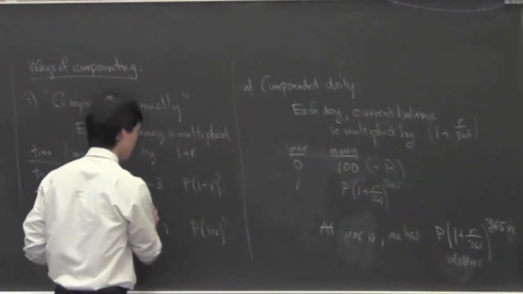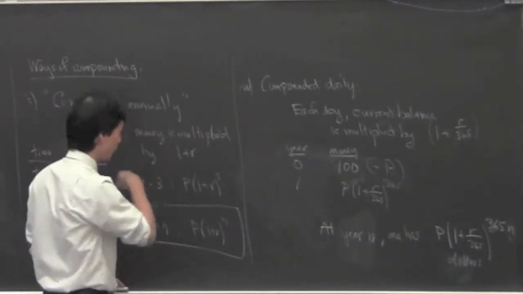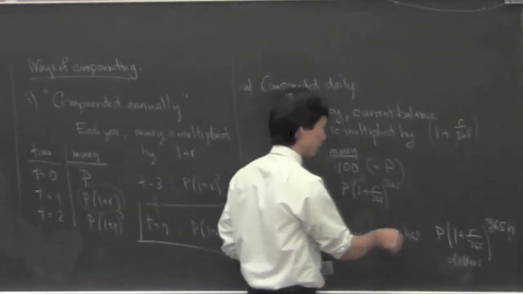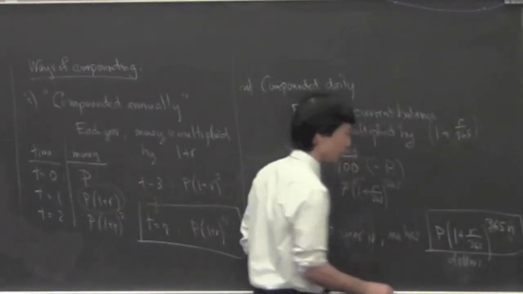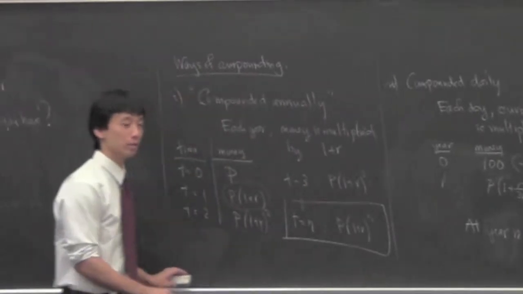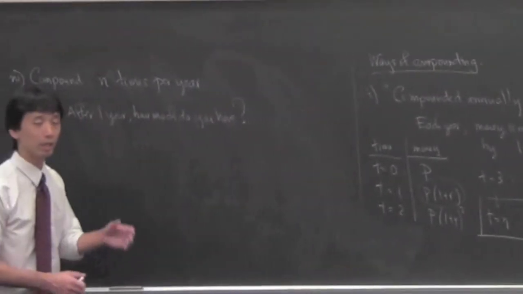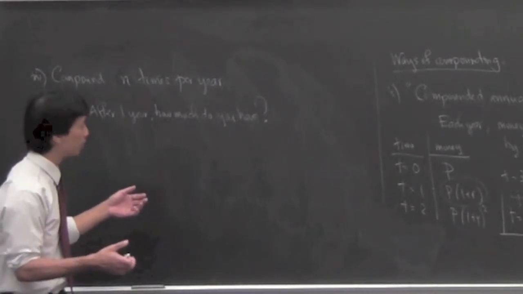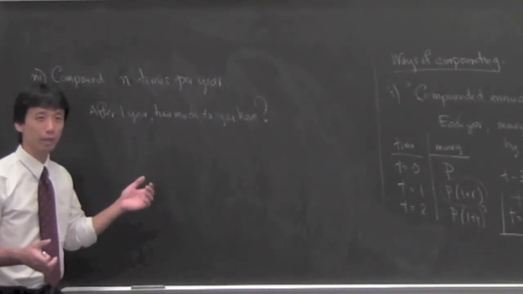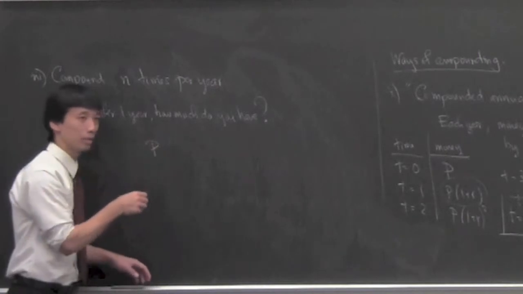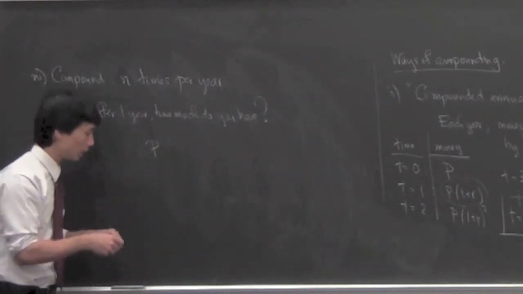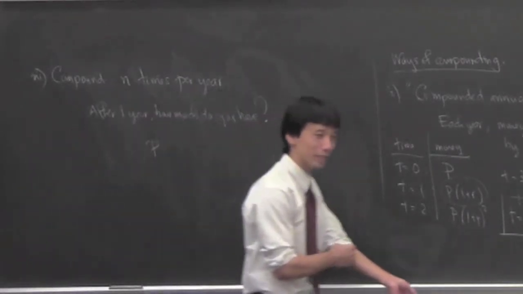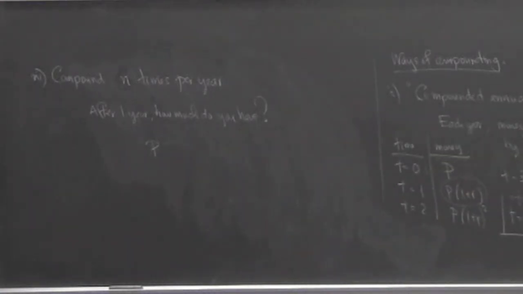So here's the formula for the simplest interest. Here's the formula for the daily interest. And suppose you have something that says, okay, every year, we're going to do it n times. So what happens in 1 year? You have your money. Think about it for a minute. Okay. Write down something, make a guess, and work for a minute. Talk to somebody next to you.